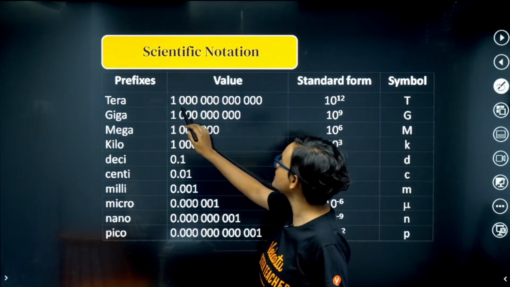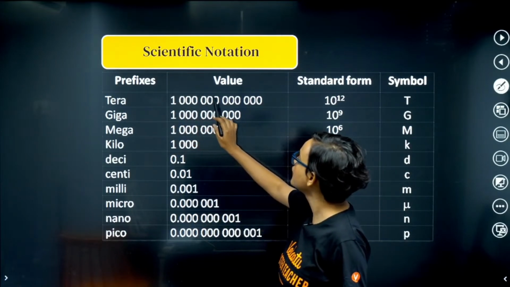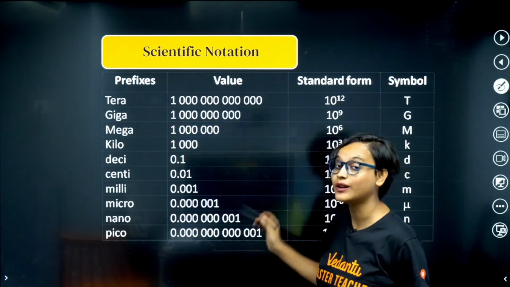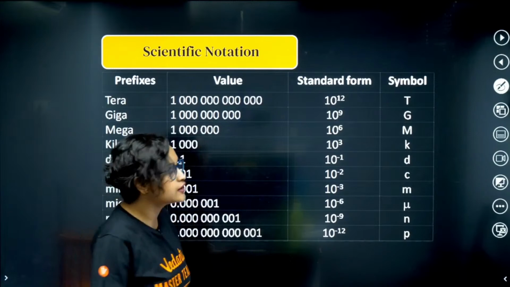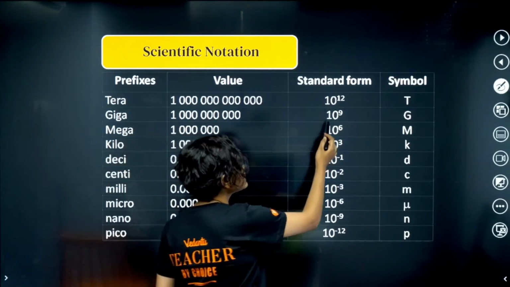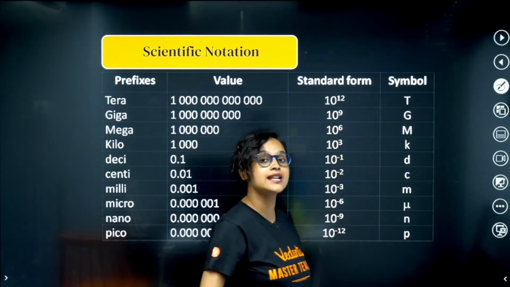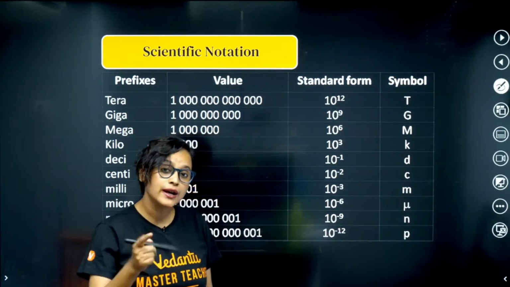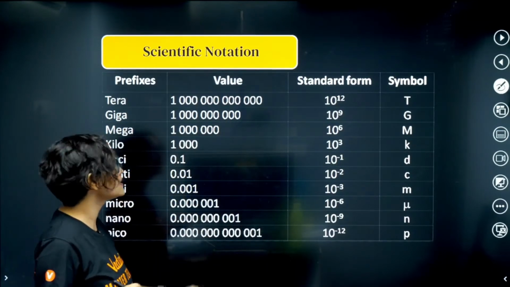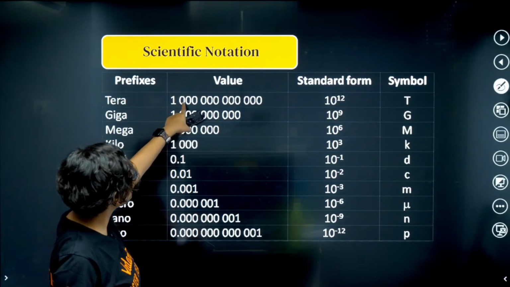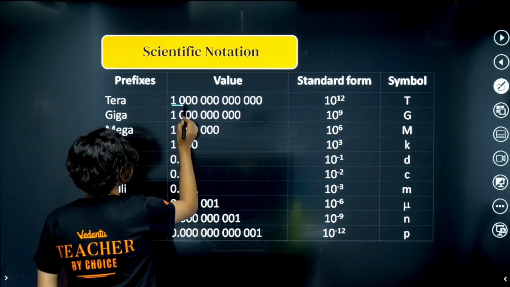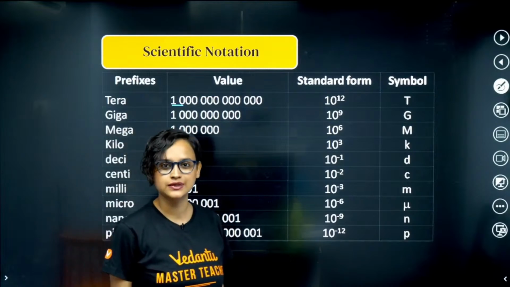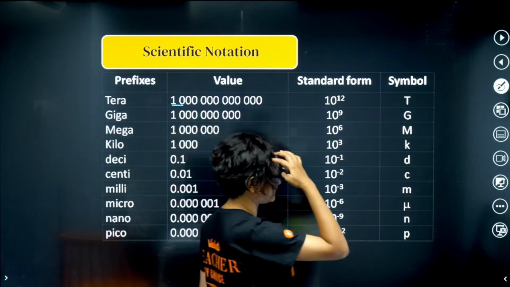The value of tera is basically 1, and then 1, 2, 3, 4, 5, 6, 7, 8, 9, 10, 11, 12. There are 12 zeros in it. Now instead of writing so many zeros, can I just write it like this, 10 to the power 12? Yes, I can. Now you might be confused and you might say, but ma'am, 10 and then there are 11 zeros. No. What you can see is that there is 10 here and then 11 zeros, right? Take a look at it.